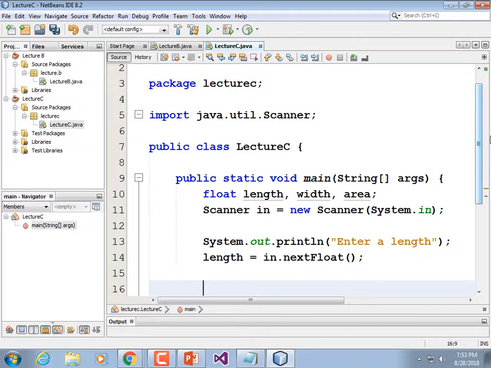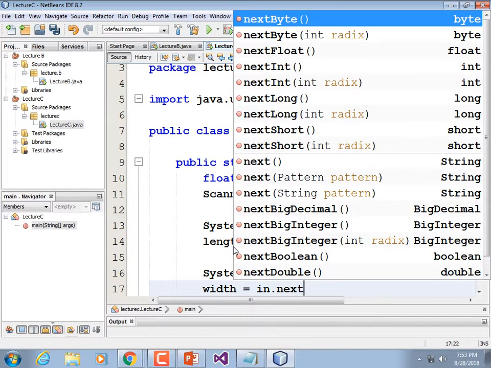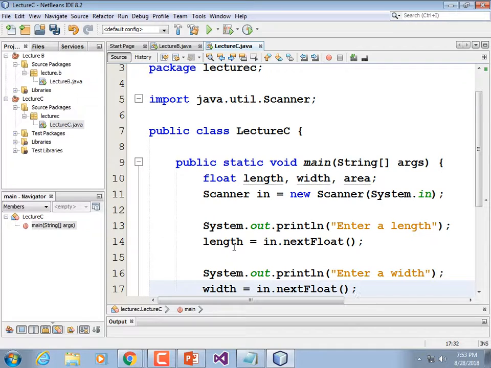We need to do the same thing to get the width. If I was programming this myself, I would just copy and paste and make a few changes, but I'm going to tough it out and type in System.out.println, "Enter a width", end quote, in parentheses. And then width is equal to the same command, in.nextFloat();